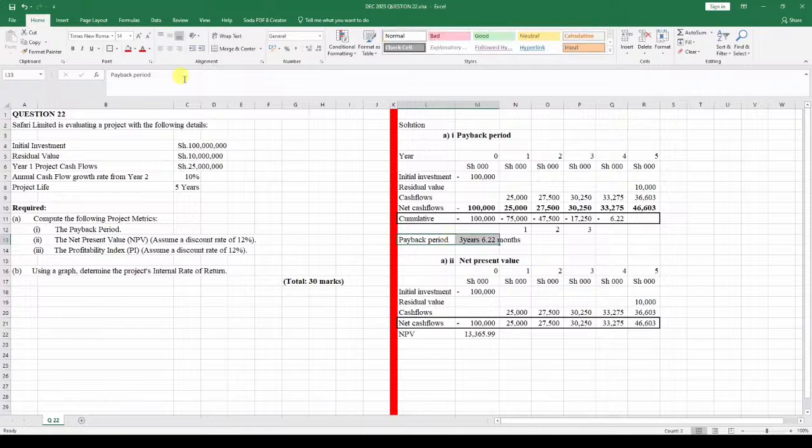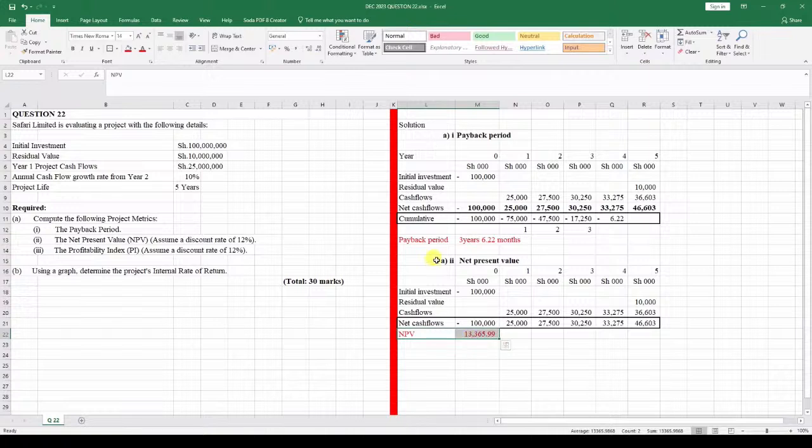And so you can maybe highlight the answers in red like that, so that you can know that these are the answers. We can move on and discuss profitability, the net of present values, to see whether you get a positive value or a negative value. If NPV is positive like this, we accept the project because the project is going to yield us positive values in future. But if you get a negative NPV, then it doesn't make any sense to us here.